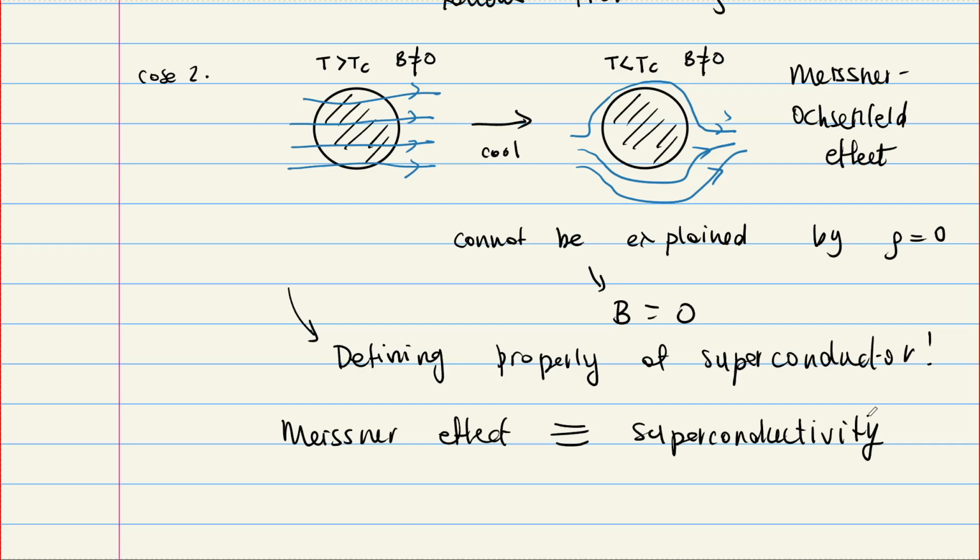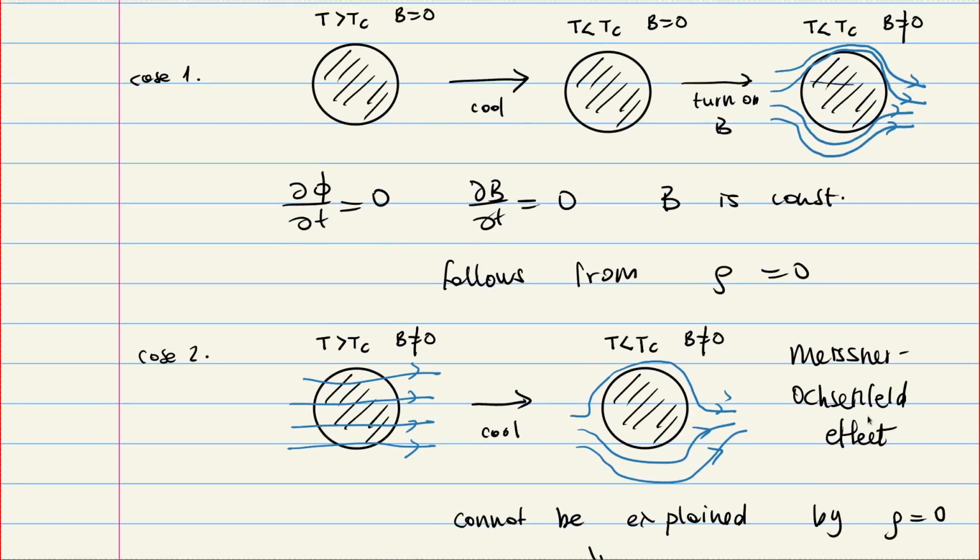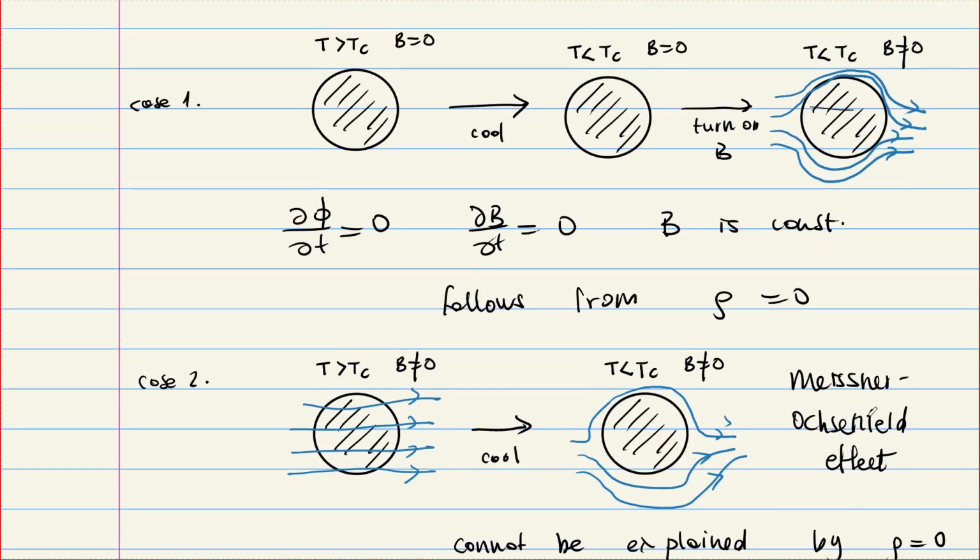If we combine case 1 and case 2, I feel like there is some kind of uniqueness in the magnetic vector potential. So does that mean that we need to just reject the gauge invariance or something? Yes, we'll come to that. There is a gauge invariance, right? This is also a tricky question. Sometimes people say that gauge symmetry is broken in a superconductor. So it is tricky. We have to be careful with that.